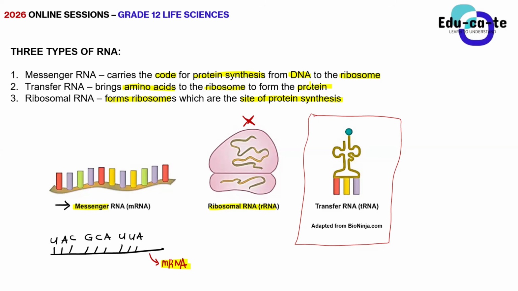So you guys should know that proteins are made up of amino acids. You learned that in grade 10, right? And also in grade 11, you learned of the digestive system, that when proteins are broken down, they become amino acids. So amino acids make up the protein molecule. So basically, for us to make proteins, we need transfer RNA, because it carries those amino acids so that we bring them to the ribosome so that we can make some proteins.